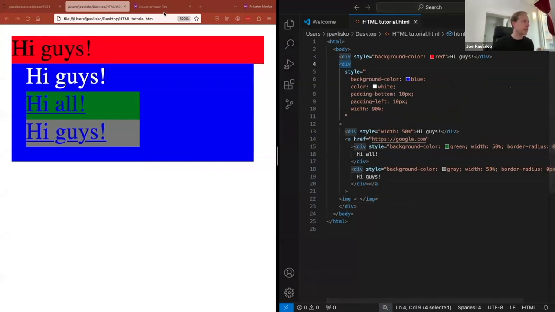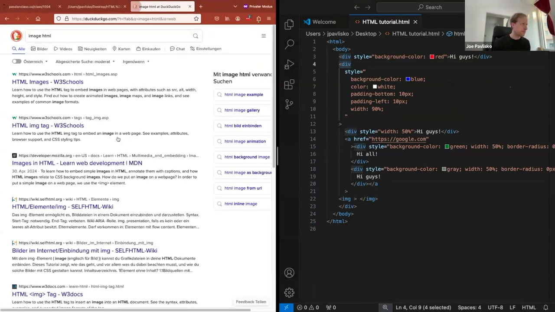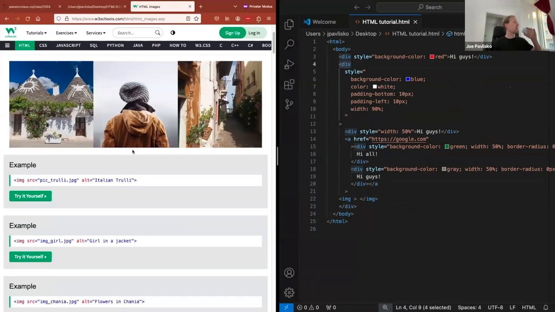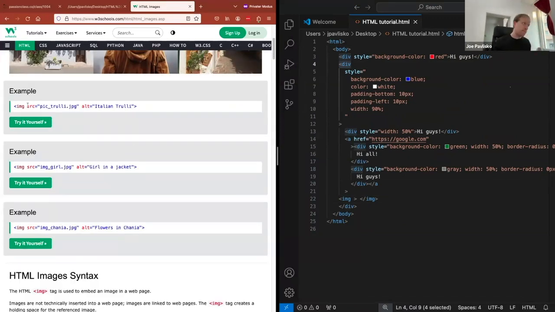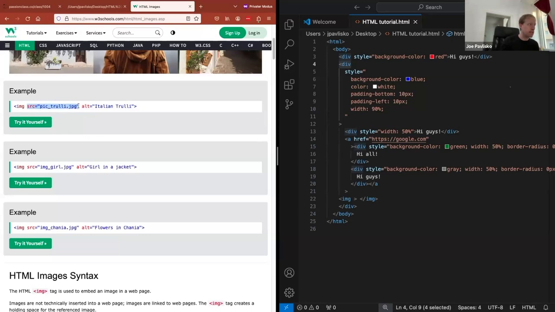So let's take a look at our images. How we do an image. Okay, source. That's the tag I was looking for. So in the image tag, there's two pieces of information. We have the image tag, which is just like a div tag, but it specifies an image. And we have two things. One's called the source, which is the name of the image or the web address of the image. And the other is